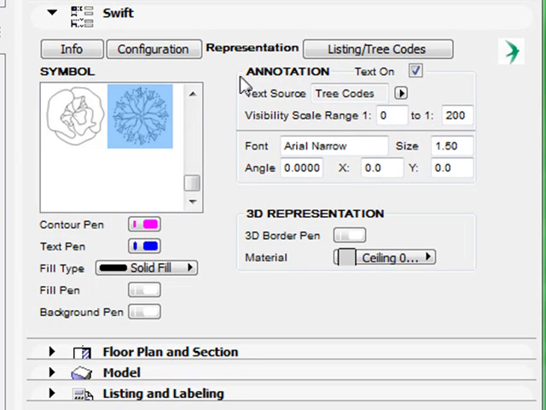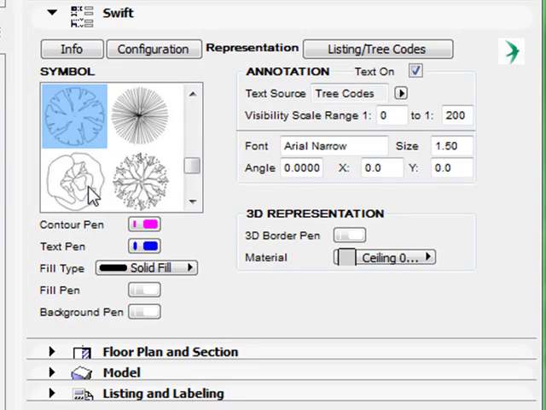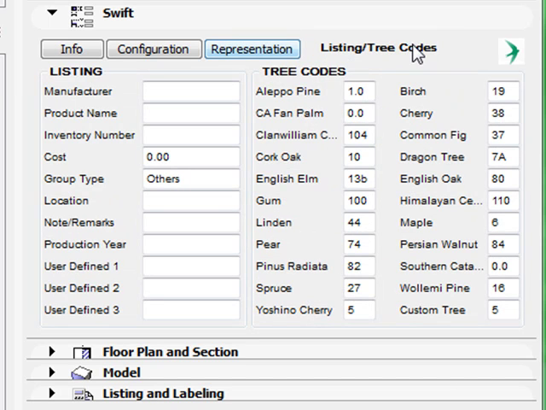In the representation, you can control the 2D appearance. You have typical tree symbols, and you can control pens and fills. There is also an annotation element that can source tree codes. The tree codes are set in the listing and tree codes section,